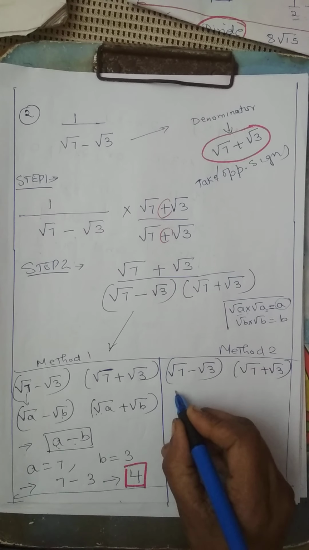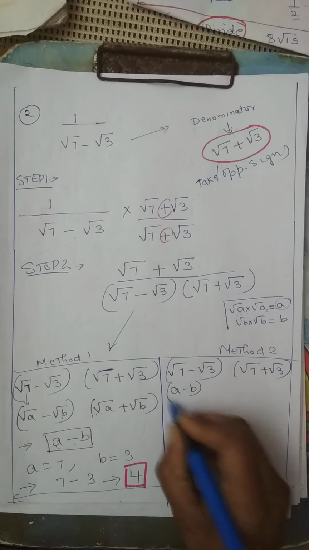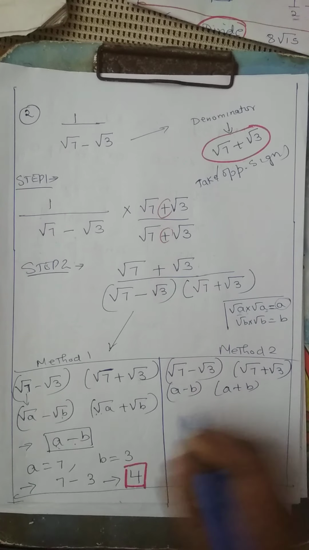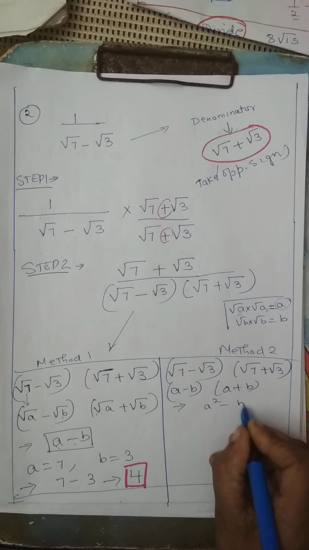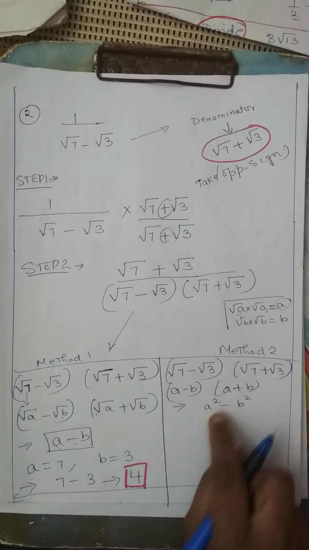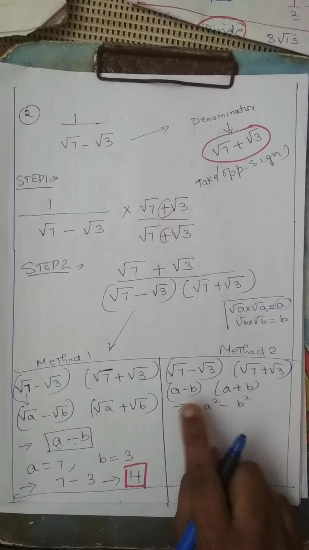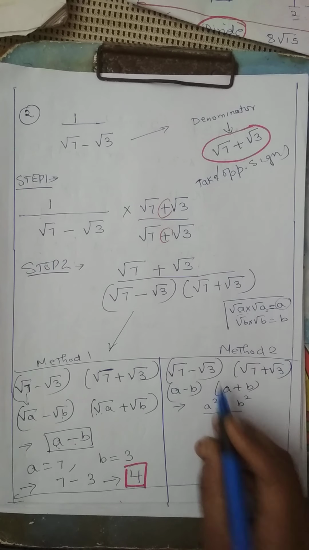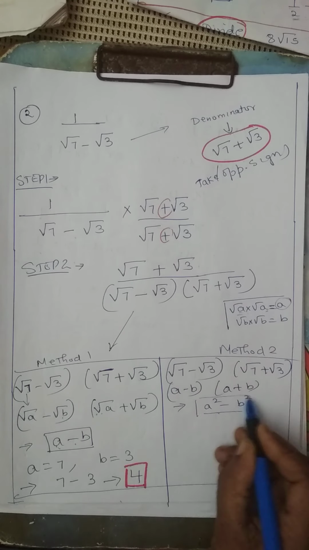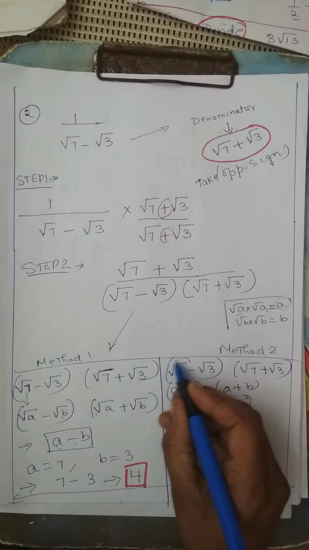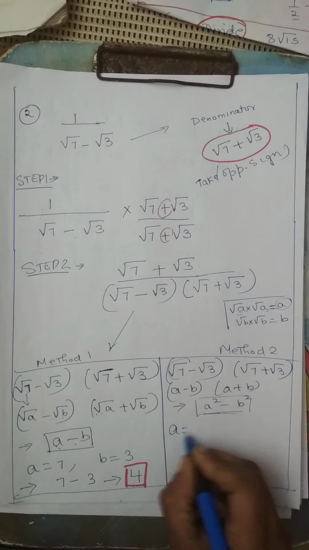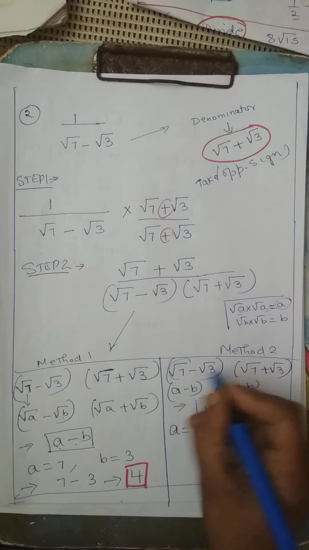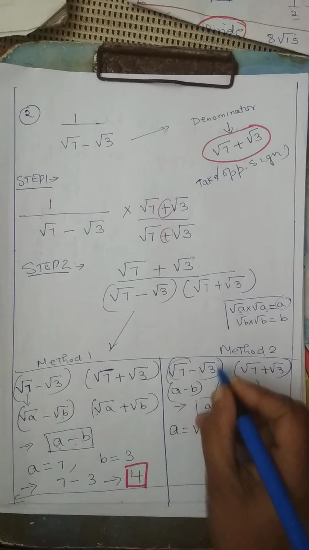Now, I told you, we use this idea, A minus B, A plus B. And then you write it like this. See what I am doing. Just follow. Don't be lazy. You all want all shortcuts. So, write this like this. After writing like this, you have to replace this with this now. Okay. So, find who's your A. I told you, take this full thing as A. So, A is root 7. Don't look at the sign here. You have to take only the number. B is root 3.